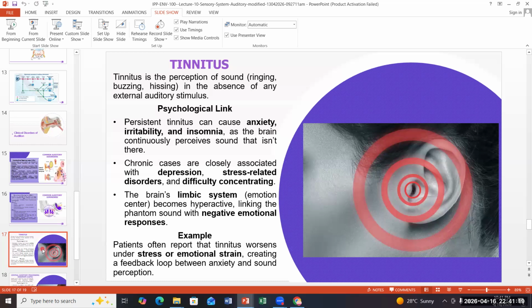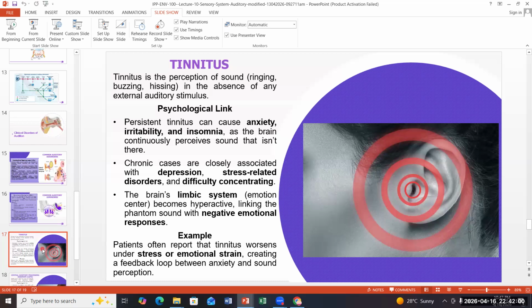Tinnitus is actually a condition where the cochlear inner ear cells are overstimulated. There is no stimulus, there is no sound wave in the surrounding, but still the inner ear cells are continuously vibrating and producing a continuous sound. So whether the person is sleeping, working, eating, anything, the inner ear cells are vibrating even without the stimulus. It's a completely quiet environment, but still the person is hearing a continuous buzzing sound. Why? Because the inner ear cells are overstimulated.